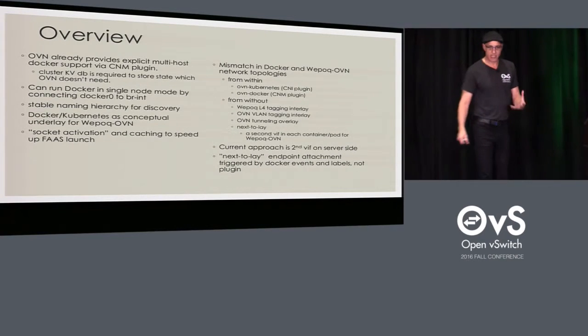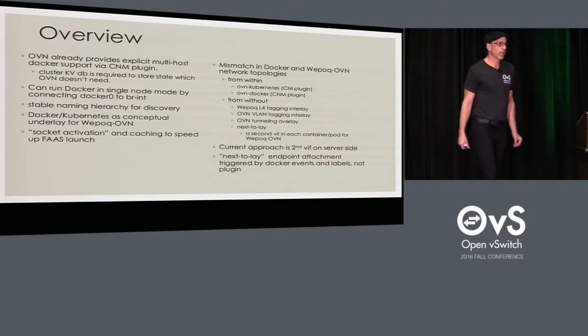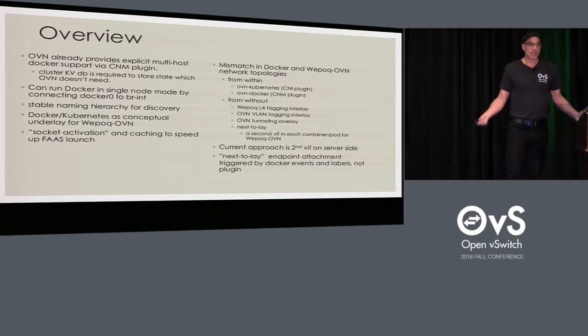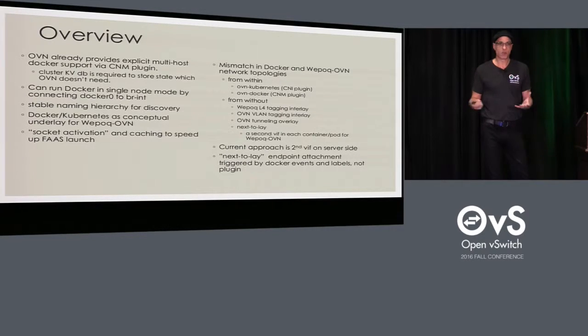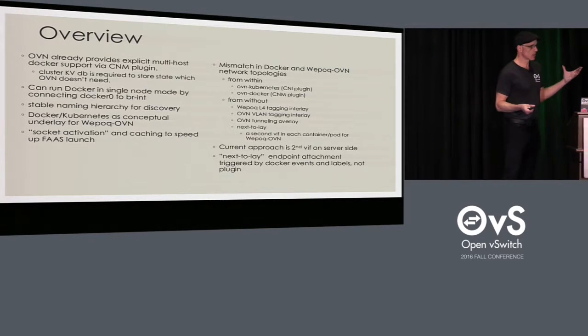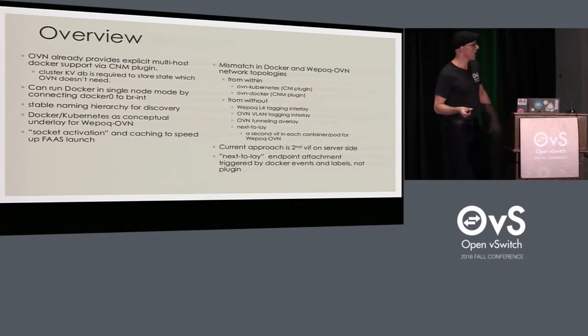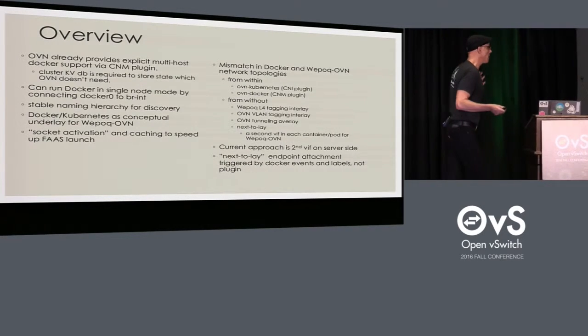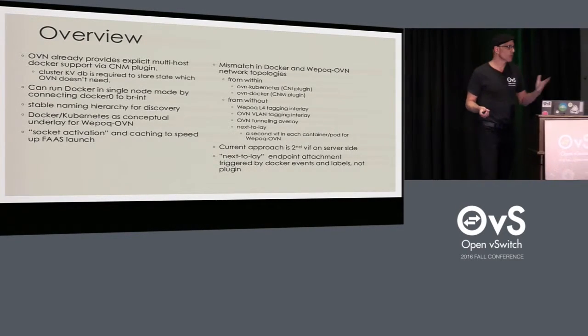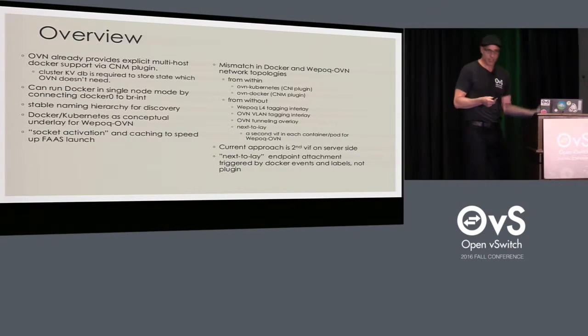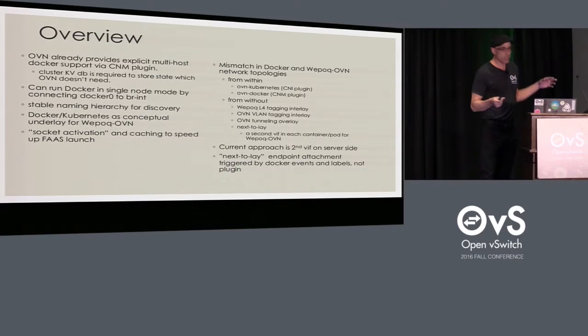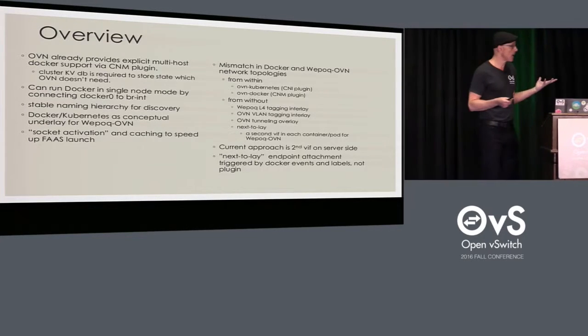This is a busy slide, I apologize. The key takeaways are, and I'm riffing off of some other folks, that there potentially is a mismatch between the logical networking model of OVN and the ones that are exposed through the network plugin interfaces of Docker and Kubernetes. That's a possibility even without it. I'm interested in investigating this. And if you don't go through their inner workings, there are various ways you can come into them from the outside.